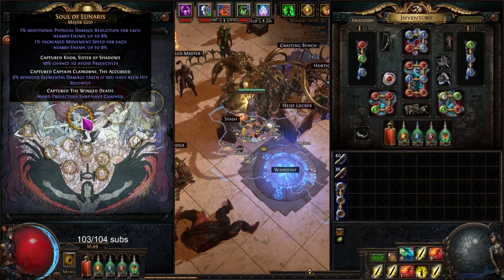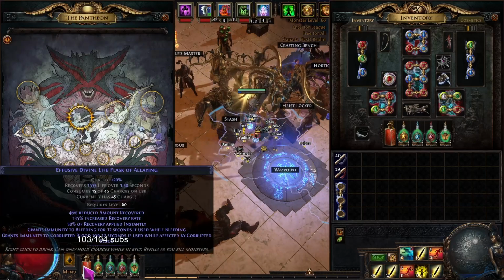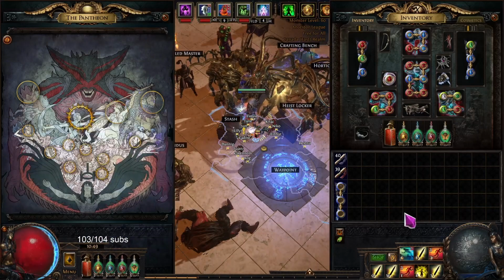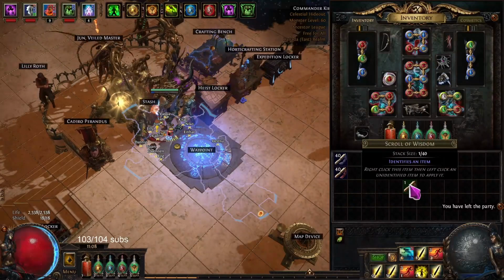But yeah, I switched to Lunaris, and I'm still on Ralakesh for the bleed immune. I still have this for the corrupted blood. I don't have a corrupted blood jewel yet. And then this makes it so they can't stack over 5. If you've ever used a Scroll of Wisdom,